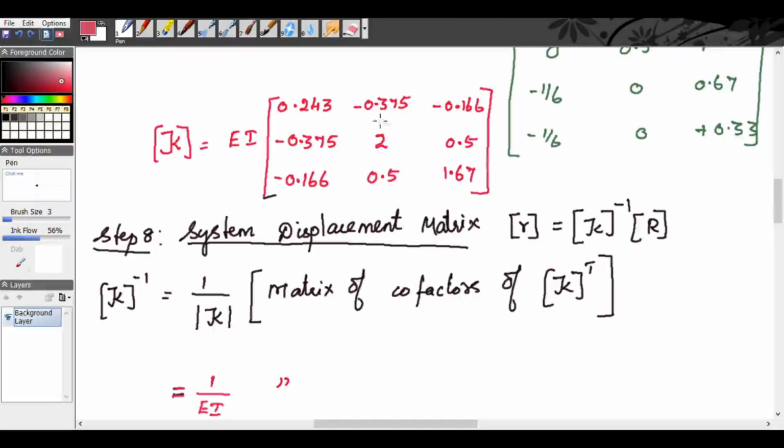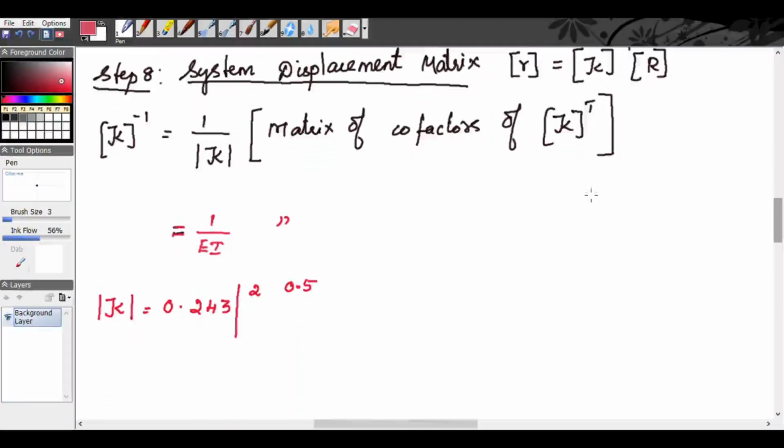When you are taking 0.375, so these 4 terms will come. When you are taking this, these terms will be coming. Okay. So it is 2, 0.5, 0.5, 1.67